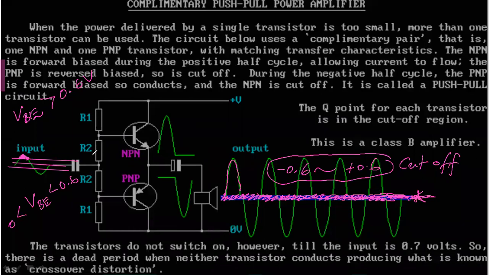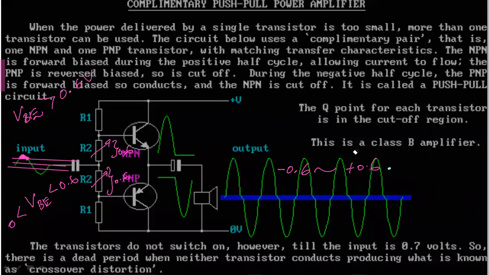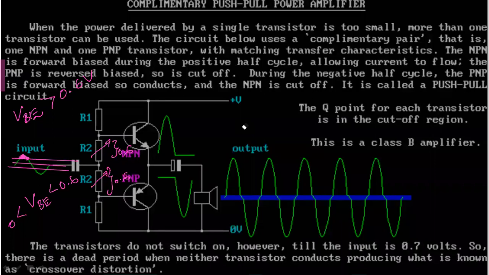But if you use appropriate resistors here to make some voltage drop of around 0.6 here and around 0.6 here, you can solve this crossover distortion issue. Therefore, to minimize that crossover distortion, you have to select an appropriate R2 resistor value to maintain the proper minimum voltage between base and emitter. Then once you input a sinusoidal signal, you don't experience such crossover distortion. Keep in mind that. Just note this down.